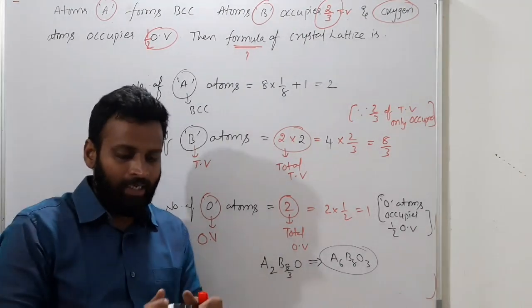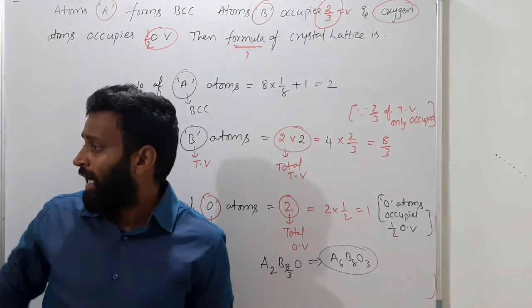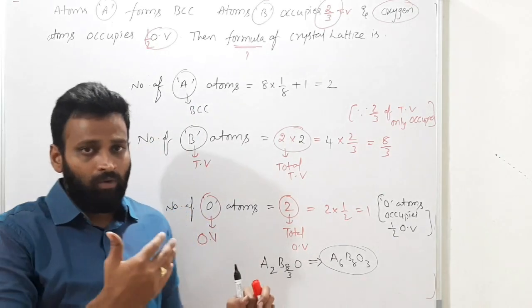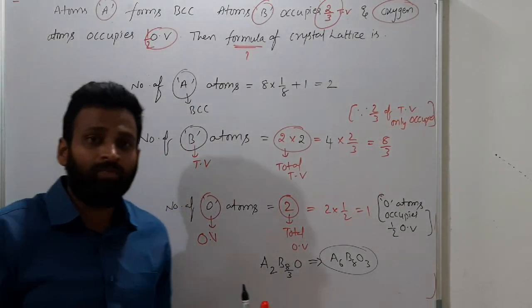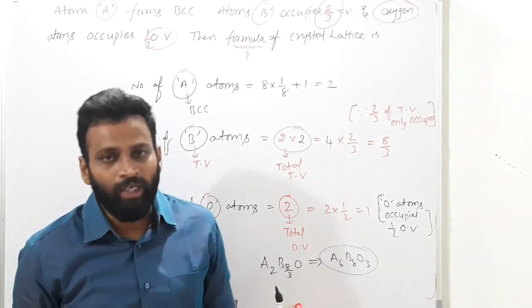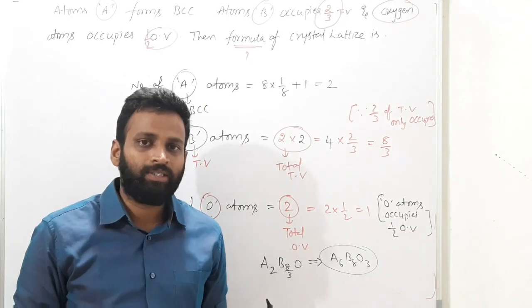In that way you can have some more numericals based on octahedral and tetrahedral voids, and we will have some more important formulas after. One more important concept you have is the ZnS type crystal lattice, CaF2 type crystal lattice, Na2O type crystal lattice. All of those we will discuss, and we will